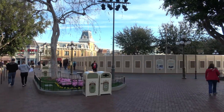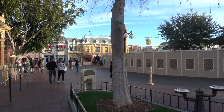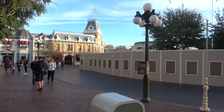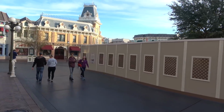This afternoon, we've got a little bonus Disneyland construction video for you. This week, there's a lot of construction going on besides Star Wars Land or Galaxy's Edge. There's stuff going on at Small World, there's stuff going on at Pixar Pier, and there's stuff going on at the Mickey and Friends parking structure. So we're going to try to cover a little bit of that for you today, separately from our Galaxy's Edge